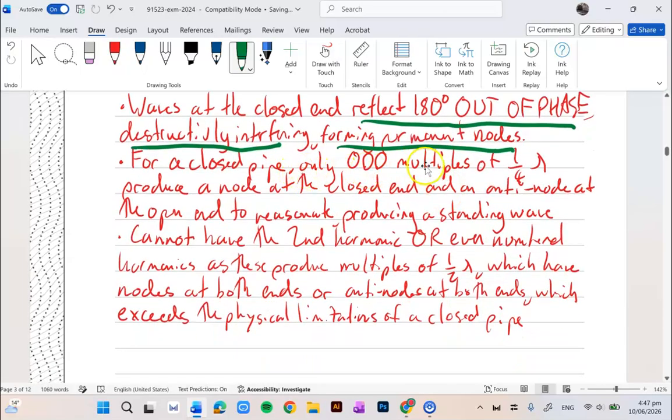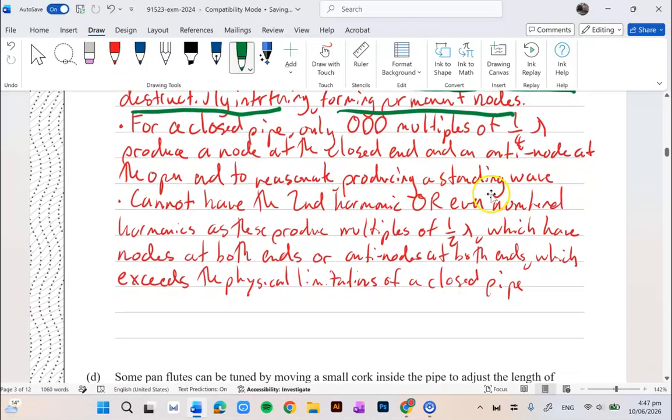In a closed pipe, only odd multiples of a quarter wavelength produce a node at the closed end and an antinode at the open end to resonate, producing a standing wave. So that's why you can only have the first harmonic, third harmonic, fifth harmonic, f1, f3, f5, because they are odd multiples of a quarter wavelength. If you had the second harmonic, that would be an even multiple, because two quarters is a half, right? You cannot have the second harmonic or even numbered harmonics, as these produce multiples of a half wavelength,